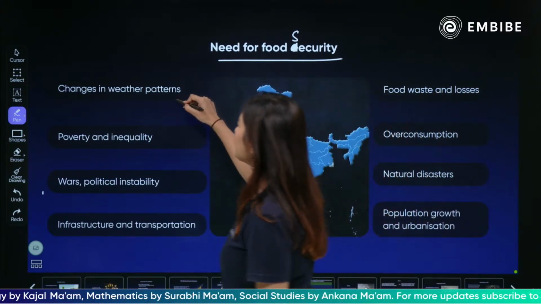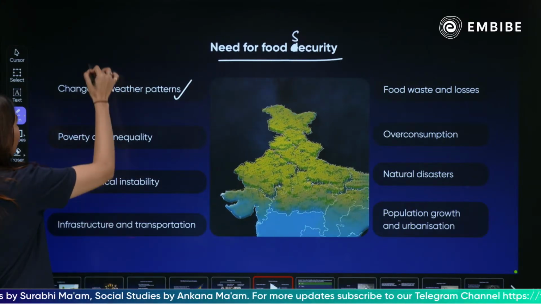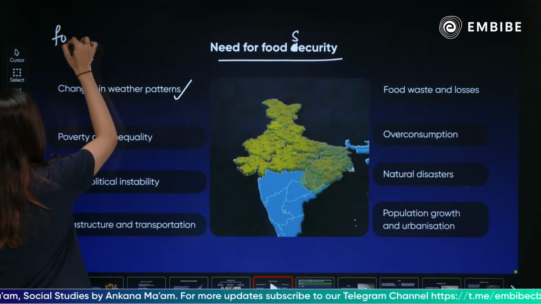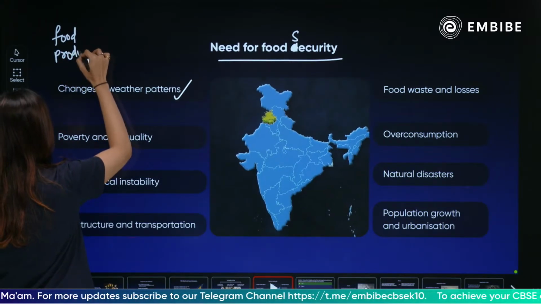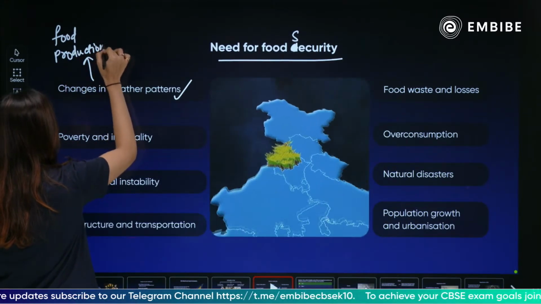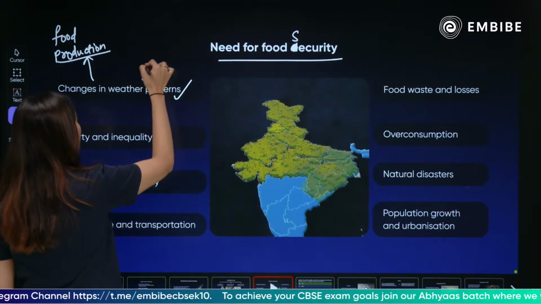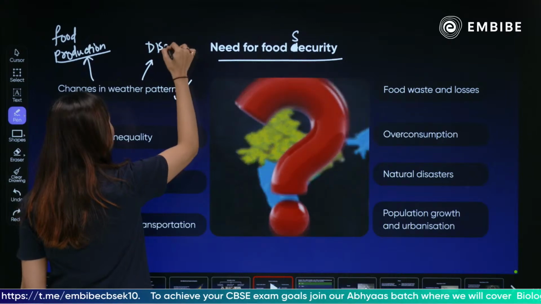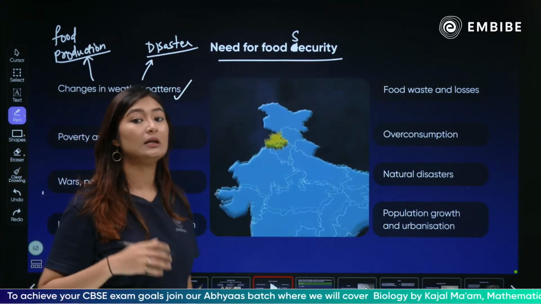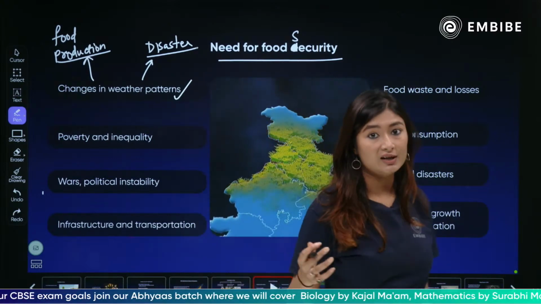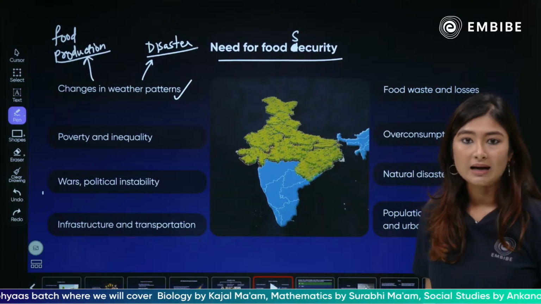First, weather patterns can change. ठीक है, weather patterns से दो effect होते हैं, दो primary effect होंगी. First, food production directly can get affected. Right? And if food production gets affected, you will not have enough food produced for the requirement of the citizens. Second, it can also lead to disasters. And disaster is an extreme situation where any which ways getting food available is very, very difficult and more challenging. So weather can always change. So we need to be prepared with extra food all the time, right?